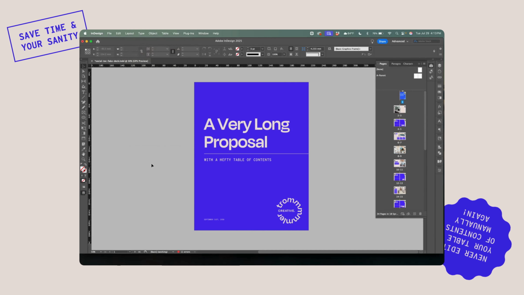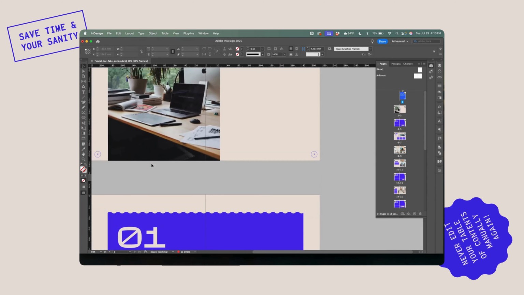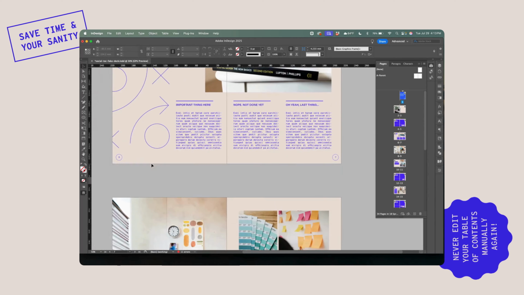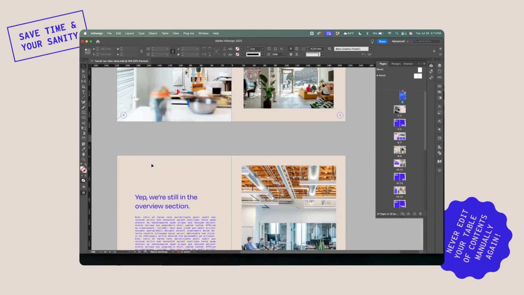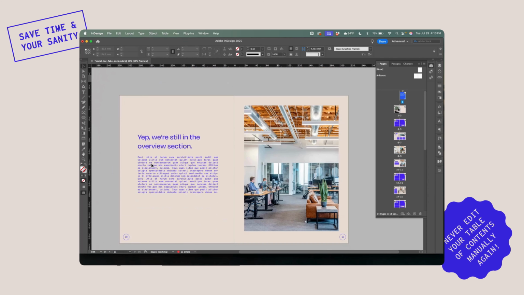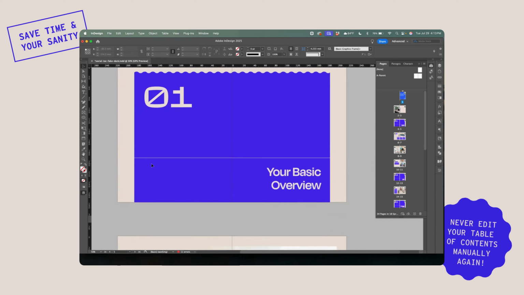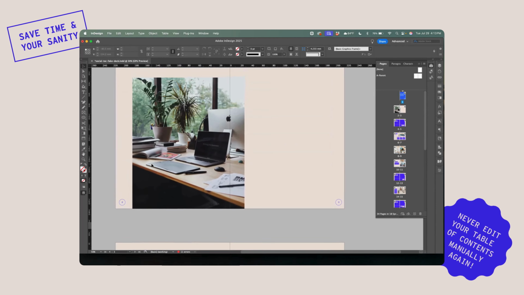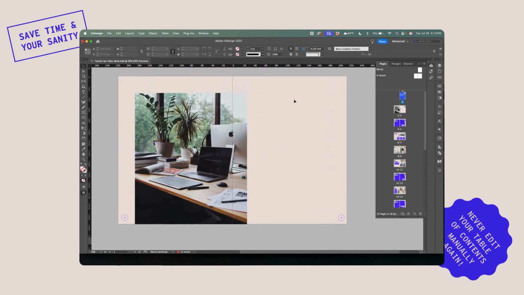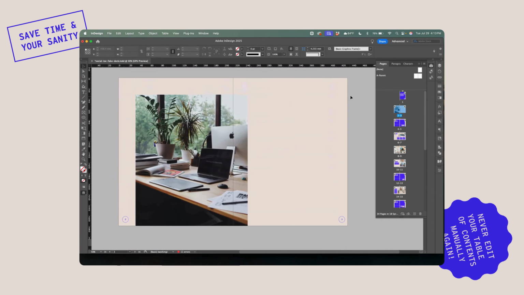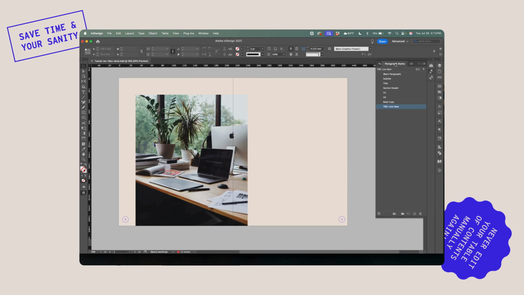So I work with a lot of long format documents where I am manually entering my table of contents after I've completed the document. And then if there's any changes to the order of the pages or title names, I will then go and make those edits manually, until now, because this tool makes InDesign do all of that hard work. There's just a couple of things that you need to have prepared before you start working with this tool,